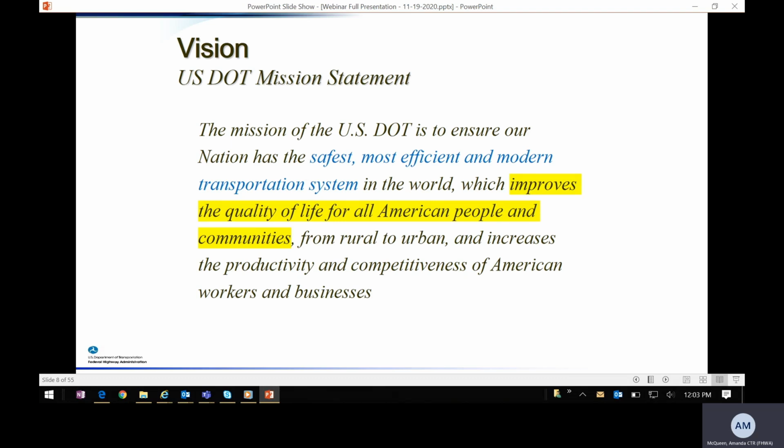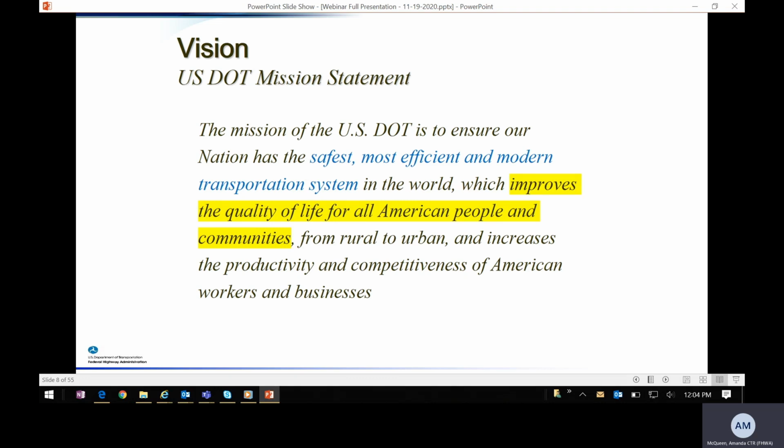Now, what's interesting about this mission statement to me is that as an engineer, we often don't think about the social aspects of what we do, but it's very clear in this mission statement that improving the quality of life for all American people is pretty high on the list of priorities for our decision